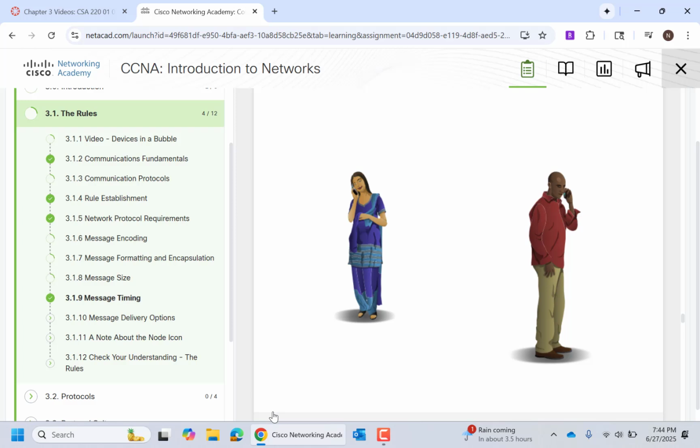So in this little example here, it's just talking about the message timing, and they're kind of talking at the same time, and they collide. That can actually happen on a computer network too, where two computers talk at the same time and cause a collision and some interference. It doesn't happen with our modern day networks, but the reason why it doesn't happen is because we have all of these rules and protocols in place so that it doesn't.